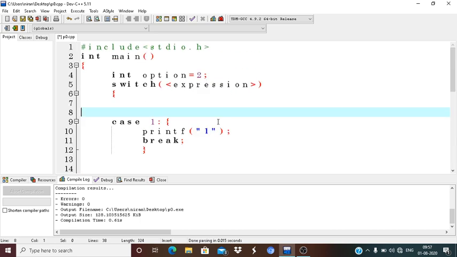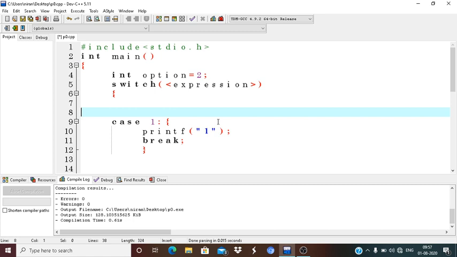Suppose inside the expression I give the value 4. Case 4 is not present in this program, so the default case will be printed. So the default case runs when none of the case labels match the value of the expression or variable.